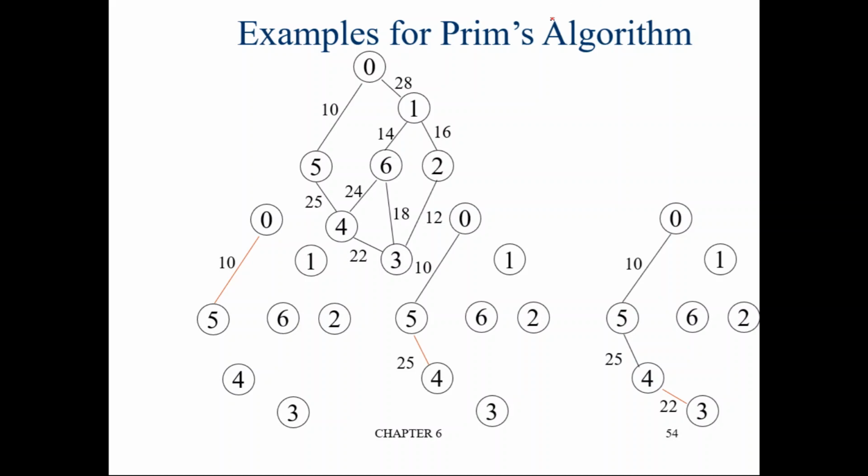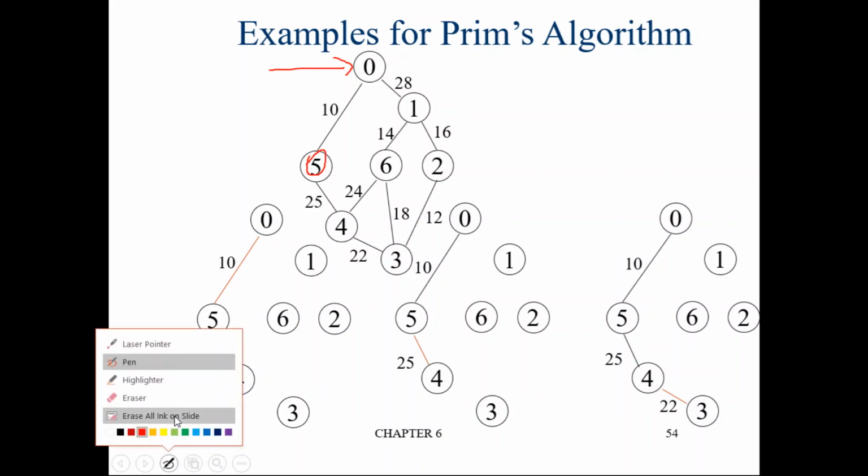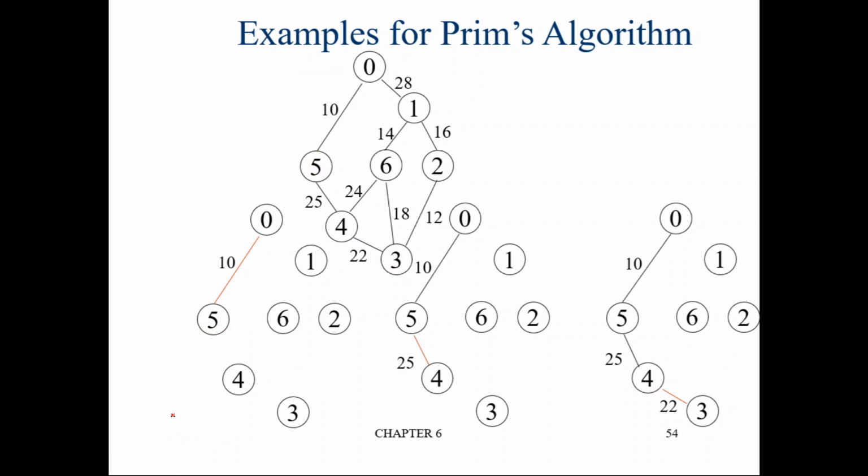So previously we discussed that we will start with vertex 0, I mean the root vertex, identify the minimum cost edge, add it to the graph, then go to the other end of the edge which is added. From there you identify the minimum cost edge and add it to the graph, so on and so forth until n minus 1 edges are added. Okay, so this is the case which we have discussed, but that may not work with all the graphs.